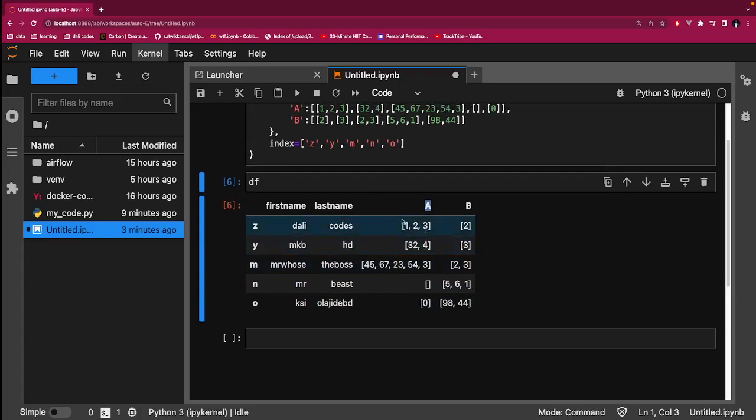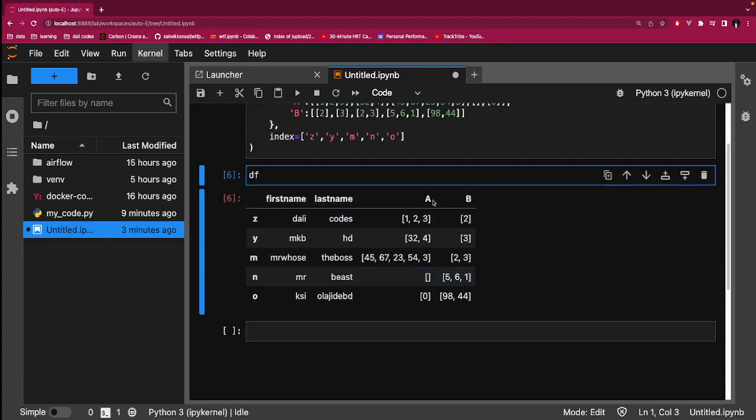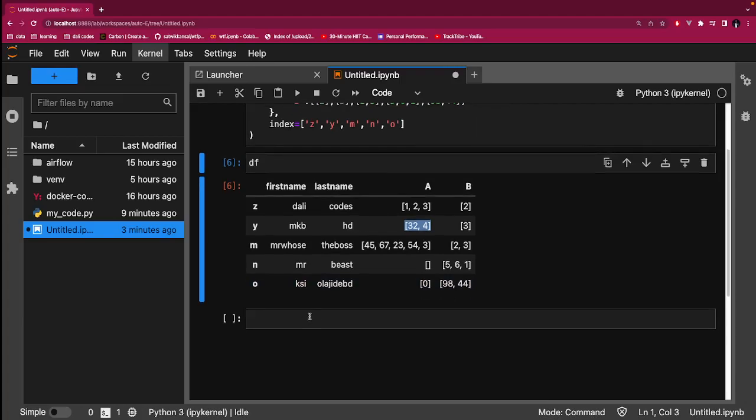So we are going to use apply. Apply is a method in pandas data frame and series that helps you to apply a function to individual items in a column or in a row. I'm going to show you examples now. Assuming we want to create an extra column that contains the length, or the number of items, in these lists here, then we could do